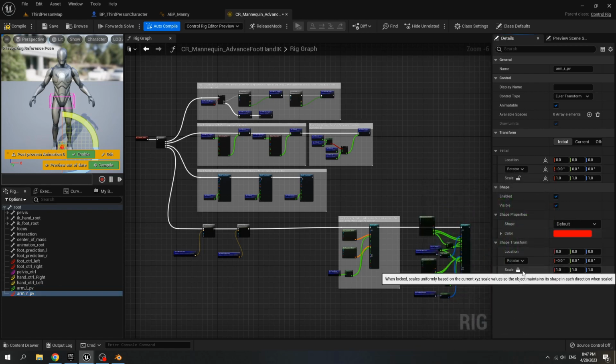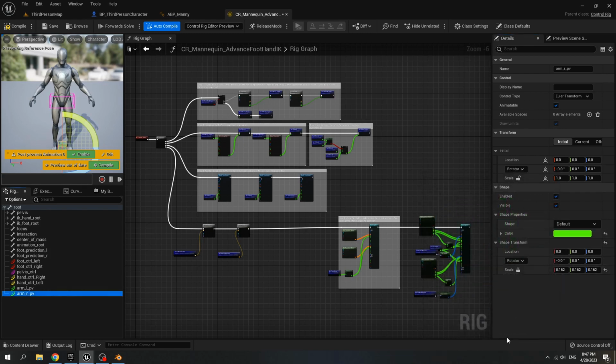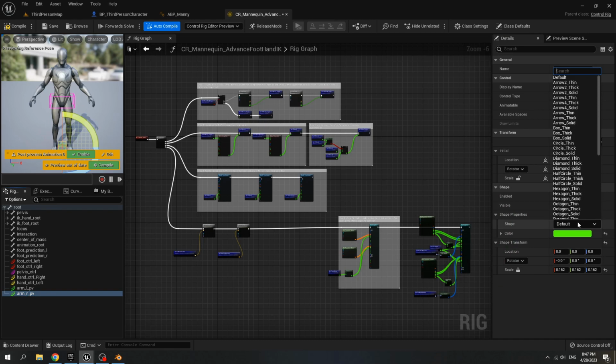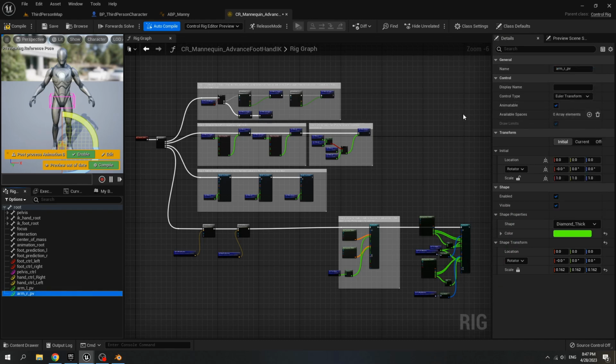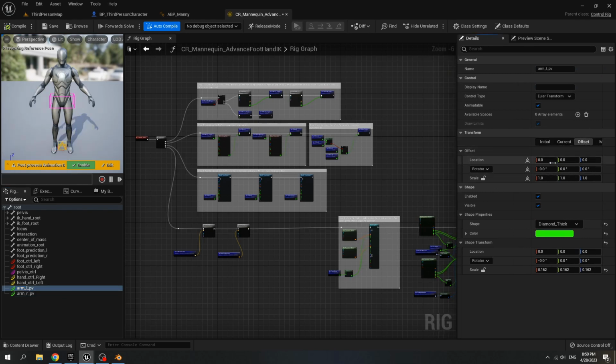MRPV scale is 0.162 and the color is green. Shape is diamond thick. And for MLPV offset, X is 35, Y is minus 42.1 and Z is 120.9.